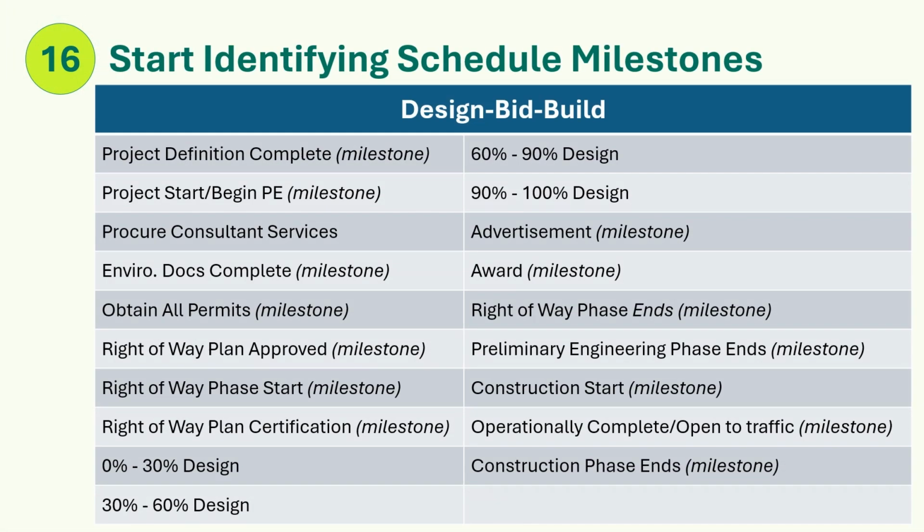Step 16. Start identifying milestones. List your major milestones and schedule goals. You can use a simple spreadsheet for this exercise and later transfer them into WSDOT's P6 enterprise system when you know more information. For a design bid build project, the suggested items include